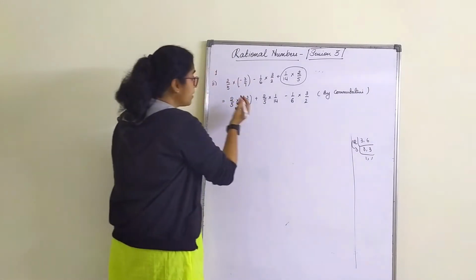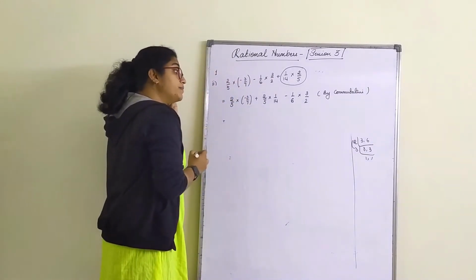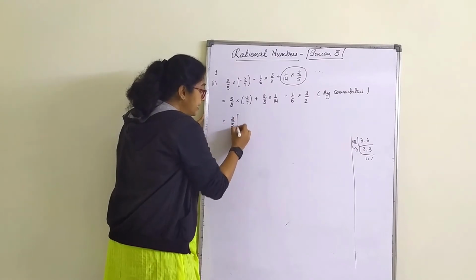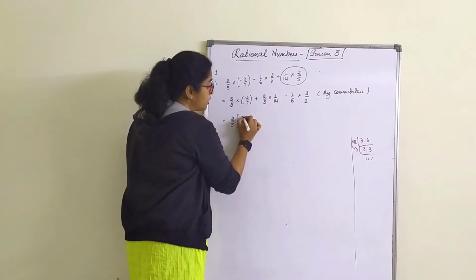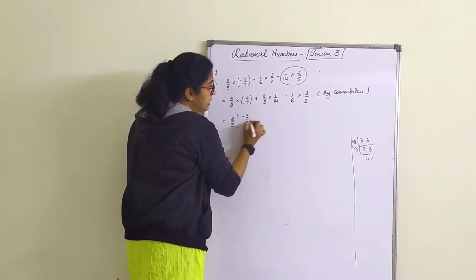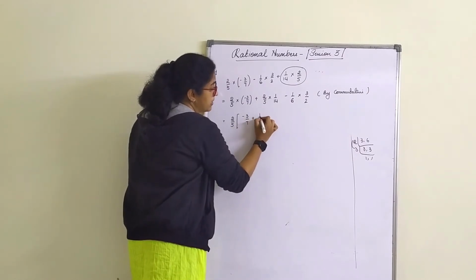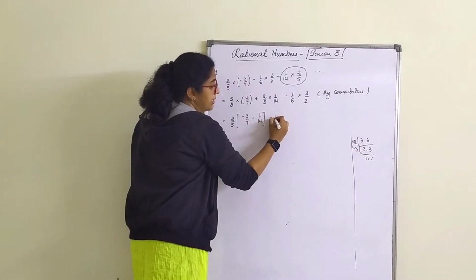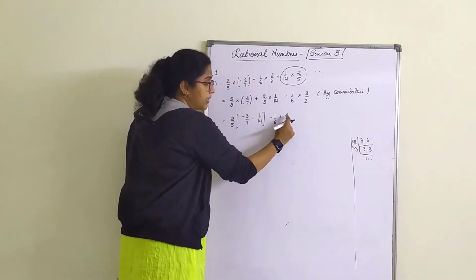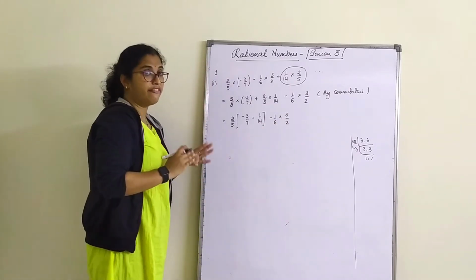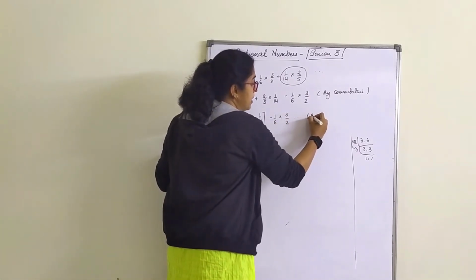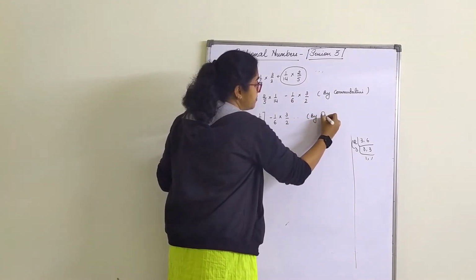property. Now, I can take 2 by 5 common here. Yes, I can take 2 by 5 common. If I take 2 by 5 common, what will remain? Minus 3 by 7 plus 1 by 14, and this will remain as it is: 1 by 6 into 3 by 2. Yes, you can cancel 3 1s are 3, 2 3s are 6. Wait, let's do it systematically. So what property is it? By distributive.